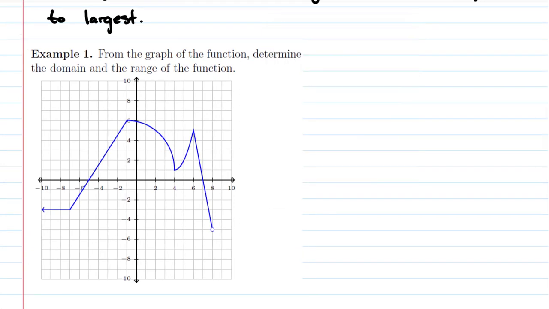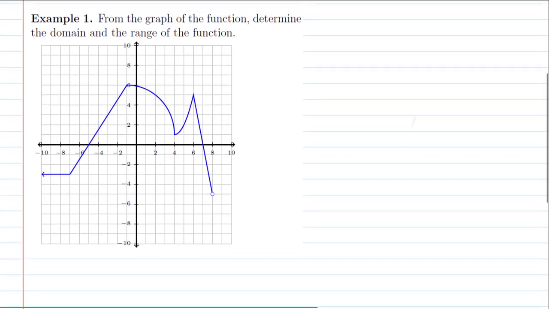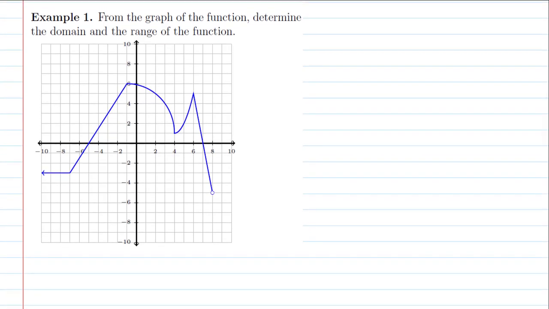So indeed, I have a little arrow that points left forever, which means it's going to continue off the graph to the left towards negative infinity forever. And then we see our graph. We could definitely draw it without ever having to lift our pencil. So then, since it's continuous,